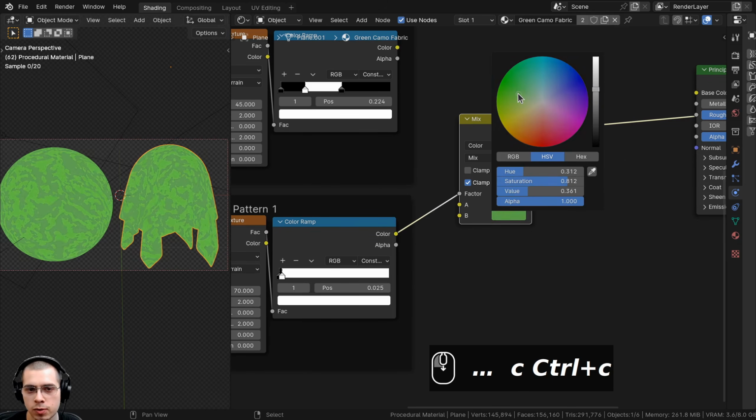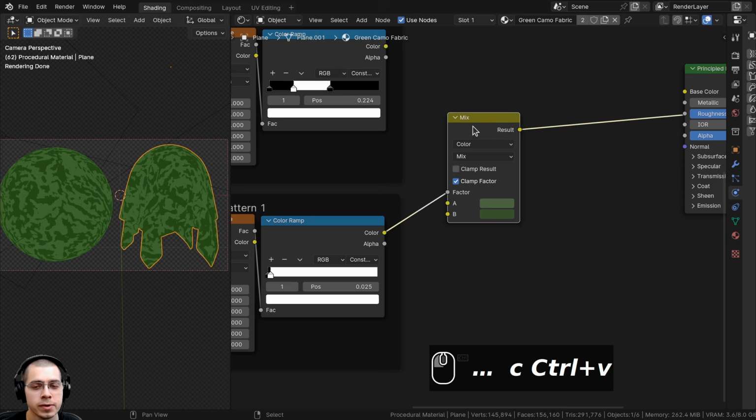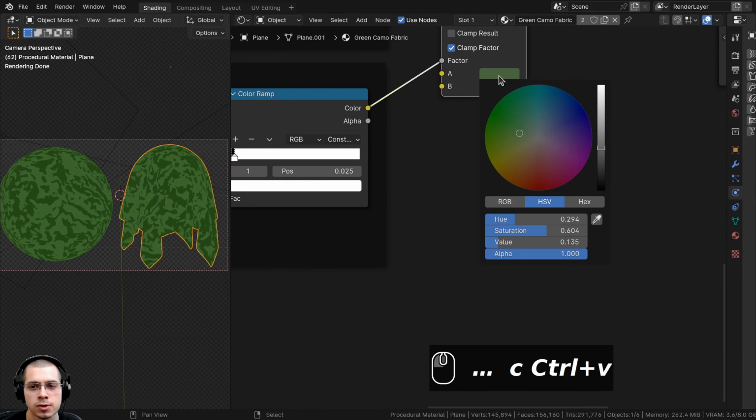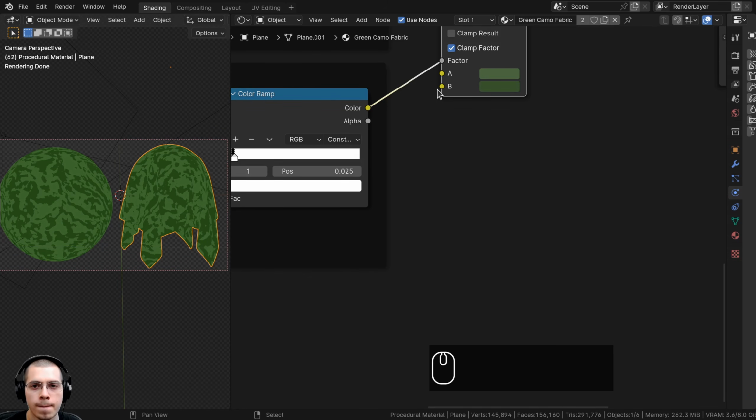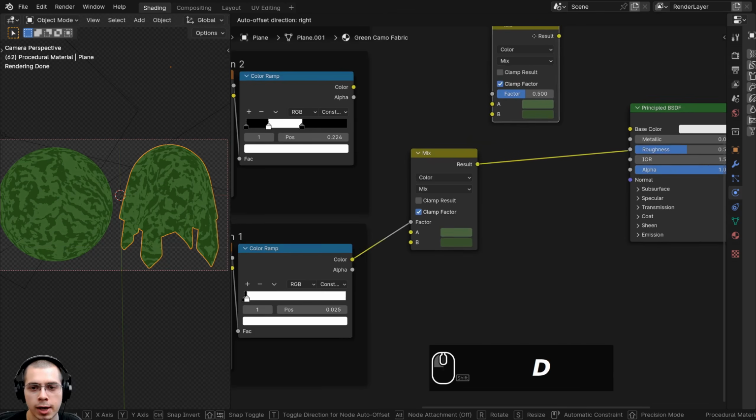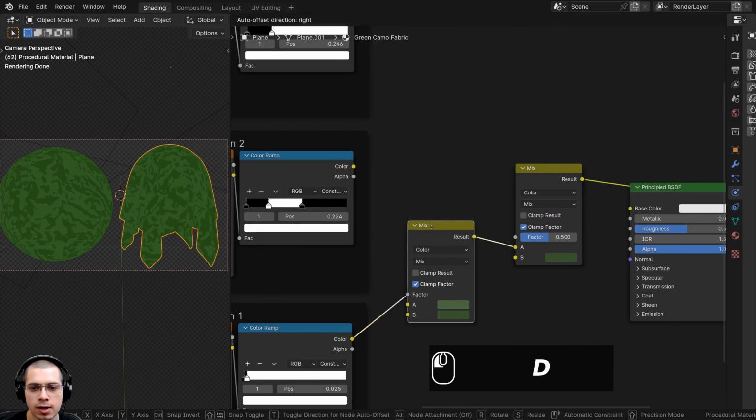And for color B, this will be a little bit of a darker green. If you want to use the same exact colors that I'm using, you can use the same hex values. So color A will be a hex value of 4C6741. And then color B is going to be a hex value of 3B562F. So let's duplicate the mix, and we're going to drop it right here,